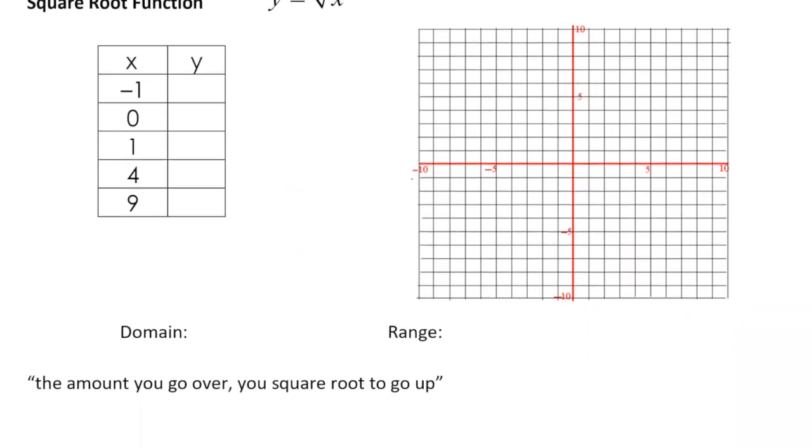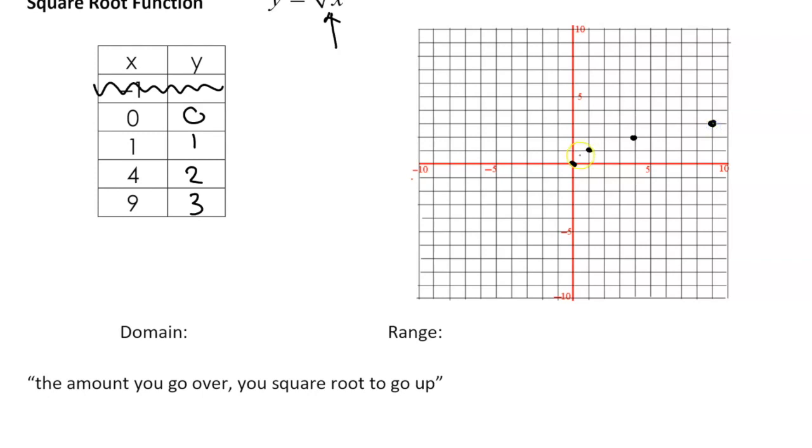Taking a look at our square root function right here. Now, we haven't graphed too many square root functions in the past, but we know that the radicand right here cannot have a negative value for it to be a real number. So we're going to say that doesn't need to be there. Our x values, we picked perfect squares, and we picked perfect squares on purpose because when you square root them, they equal nice clean numbers. So if we plot this right here,